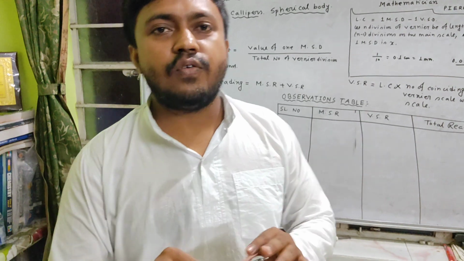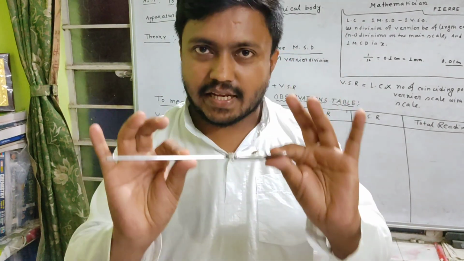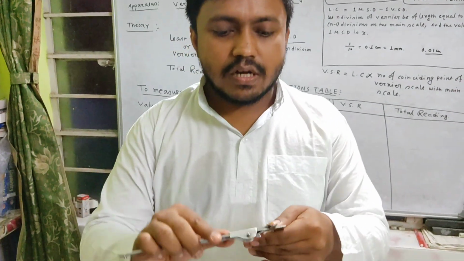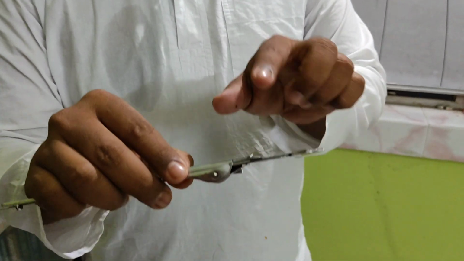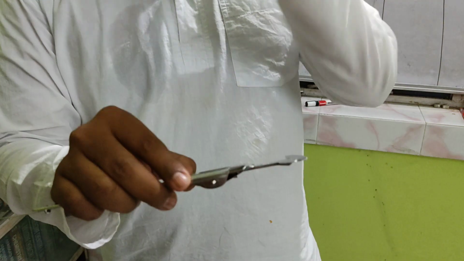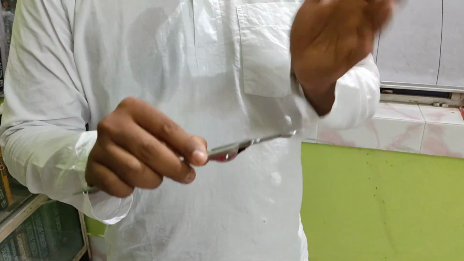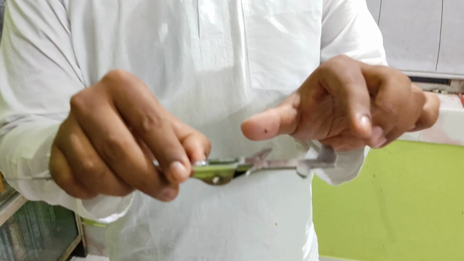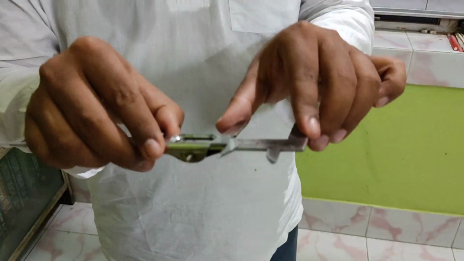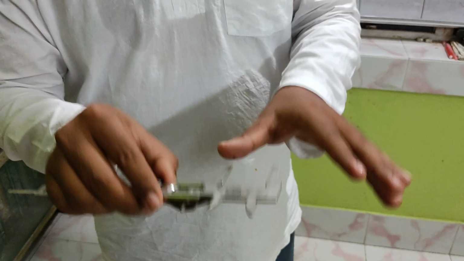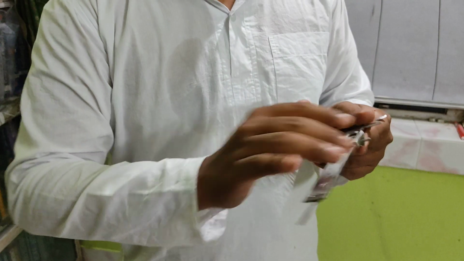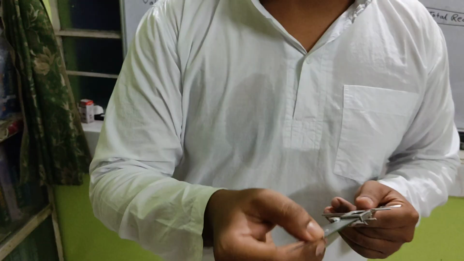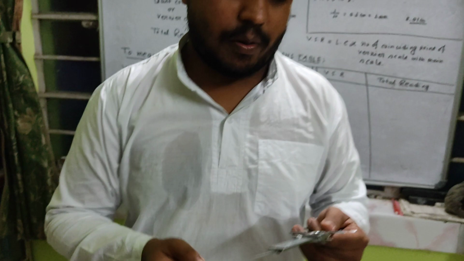Okay students, this is the vernier calipers. I can explain each and every segment of these vernier calipers. Now, what is this segment called? This segment is called the inside jaws. By using these two, we measure the internal diameter of any kind of object. And this is the outside jaws. By using these two jaws, we find the outside diameter. And this is the tail; by using this we measure the depth of a cylindrical body or any kind of object.